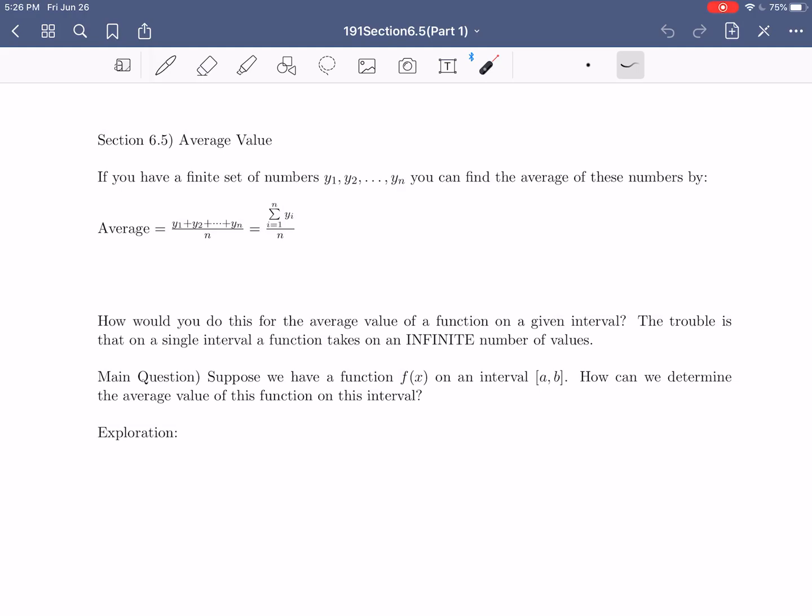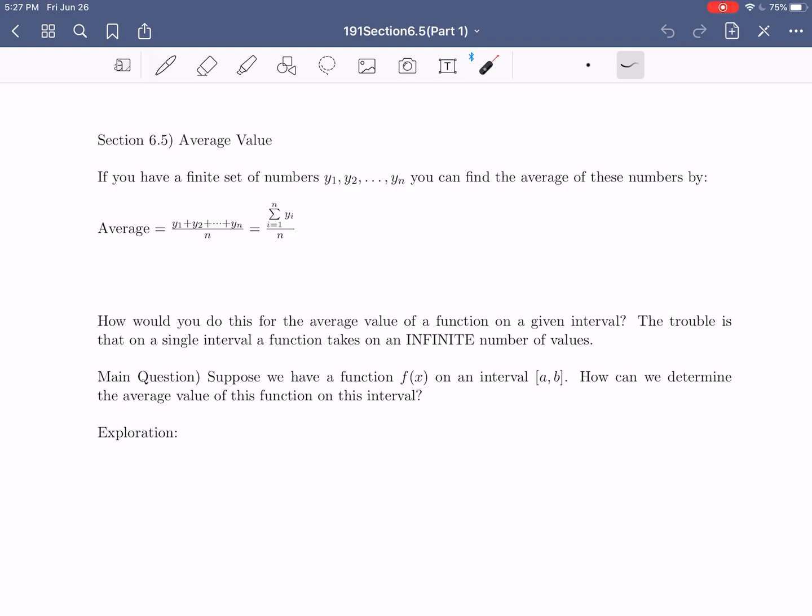In today's video, we're going to be starting into section 6.5 from your textbook, which introduces you guys to, at least for now, the last application of definite integrals that we're going to be studying in our course for a while. This application is going to be extending the idea of the average of a set of numbers to the